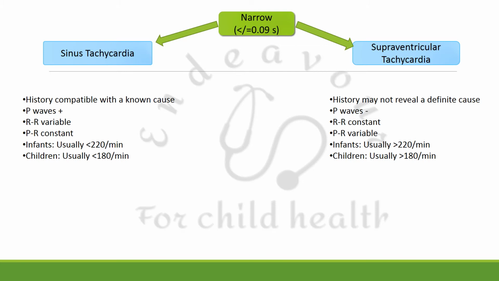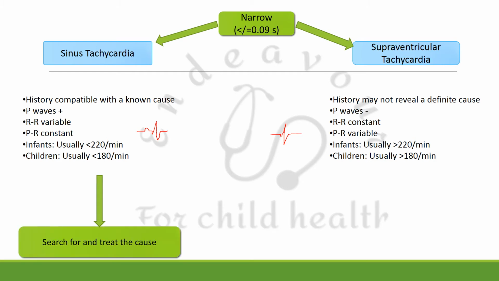So if we see, we'll find that the sinus tachycardia has a normal sinus rhythm, like a P wave, then a Q, R, and S, something like this. While a supraventricular tachycardia, it would appear as there will be no P wave, just Q, R, S, like this. Okay. So if it is a sinus tachycardia, you must search for and treat the cause.